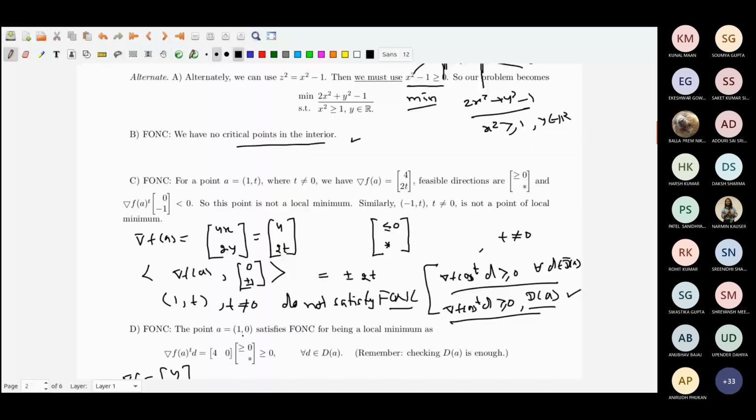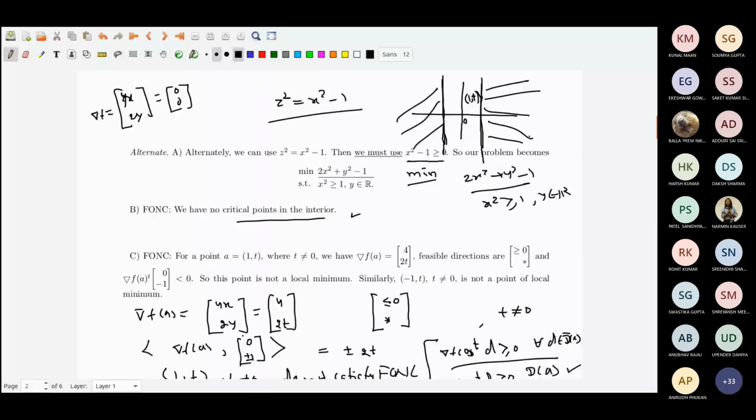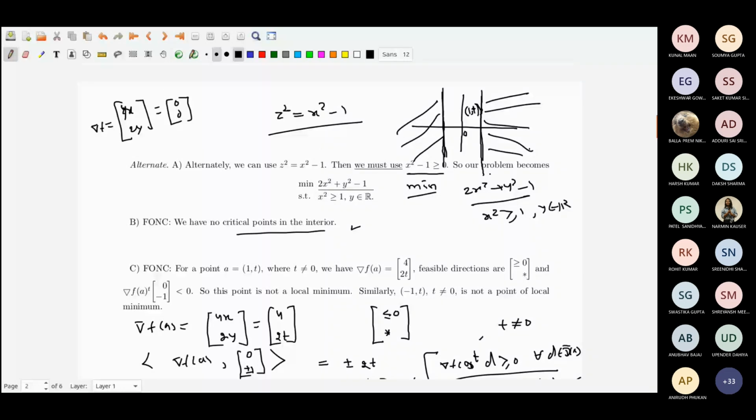Sorry, you should have said, if I am at the point 1 comma t, then the feasible directions that are available to me are going to the right and going up and down. So this is not less than or equal to 0; this is greater than or equal to 0. I just concentrated on the middle part somehow, but it is the shadowed part that is the actual region that we are considering. So if I am at a point 1 comma t, the feasible set is this side.